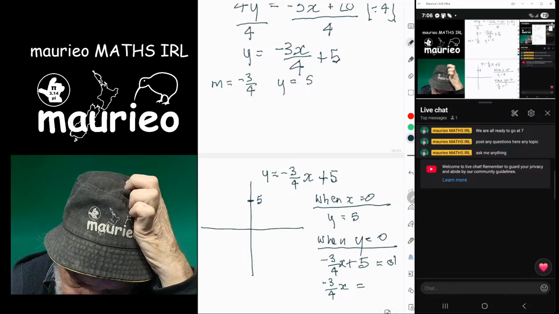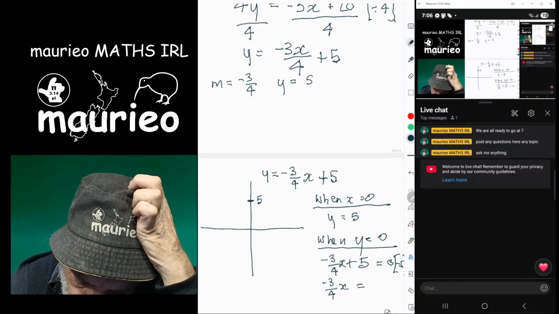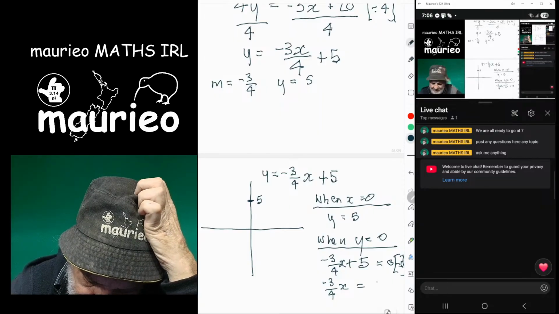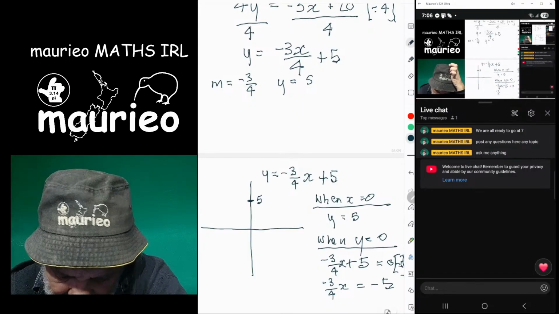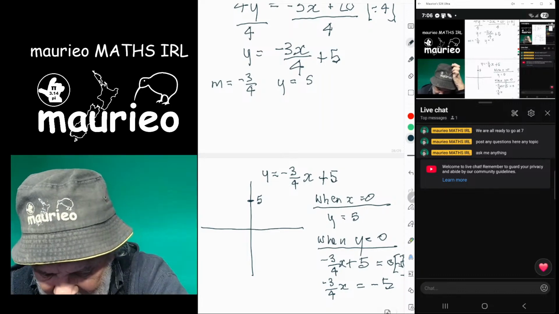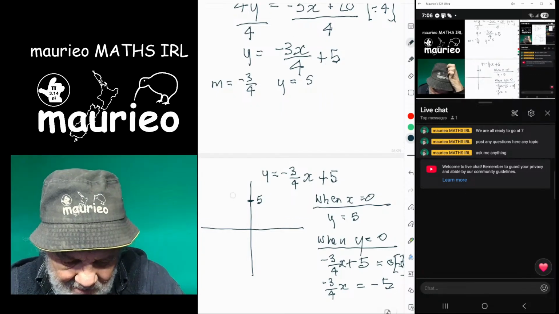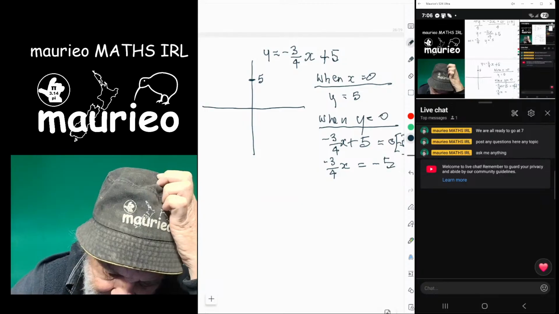So we'll subtract 5 from both sides, and we get negative 3/4 x equals negative 5. I'm running out a bit of space here. Oh no, I can move that down. So what we'll do now is